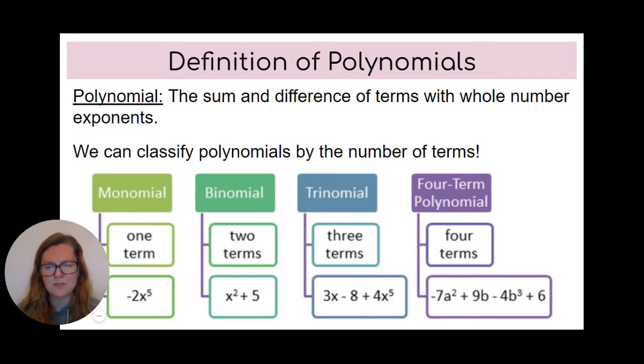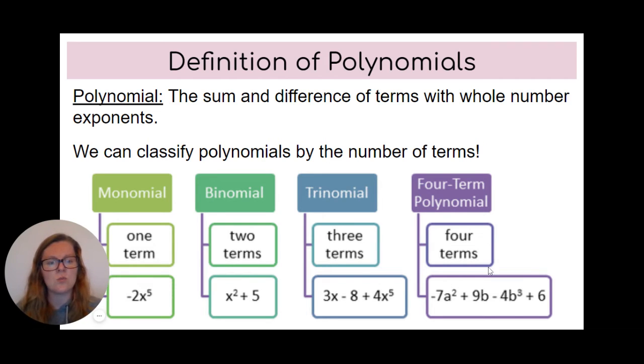So a term, if you guys remember from a long time back, is just anything that is being multiplied together and is not broken up with a plus or minus. So this one has one term. It's going to be called a monomial. Two terms, notice it is broken up by a plus or minus in between. It's going to be a binomial, think bicycle, two terms. And then three terms is going to be a trinomial, think tricycle.